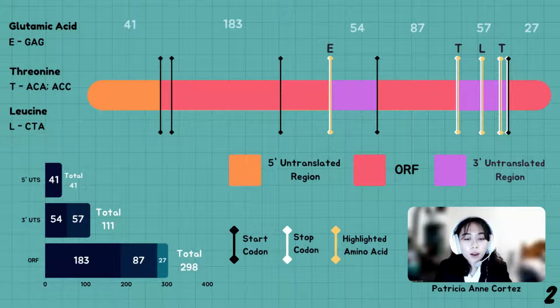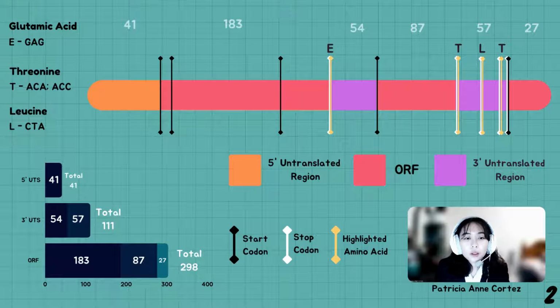So orange for the 5' untranslated region, red for the open reading frame, purple for the 3' untranslated region, and black, white, and yellow lines for the start codon, stop codon, and highlighted amino acids respectively. So the 5' UTR is the segment before the start codon of the ORF. So it is usually at the beginning of the sequence, while the 3' UTR is the segment after the stop codon. So a total of 111 base pairs were observed for the 3' UTR and 41 base pairs for the